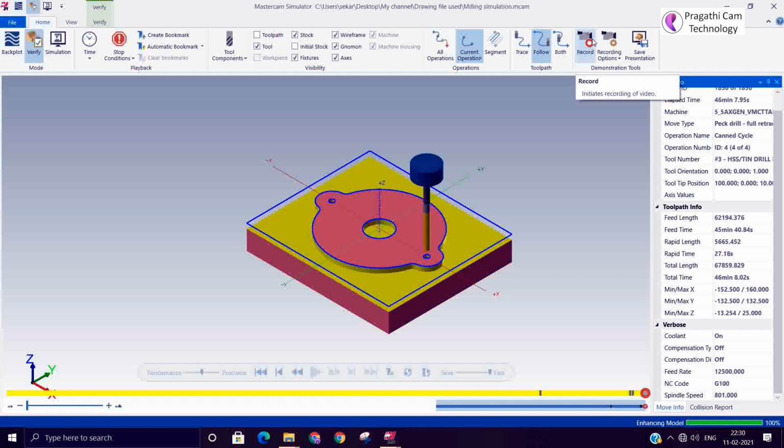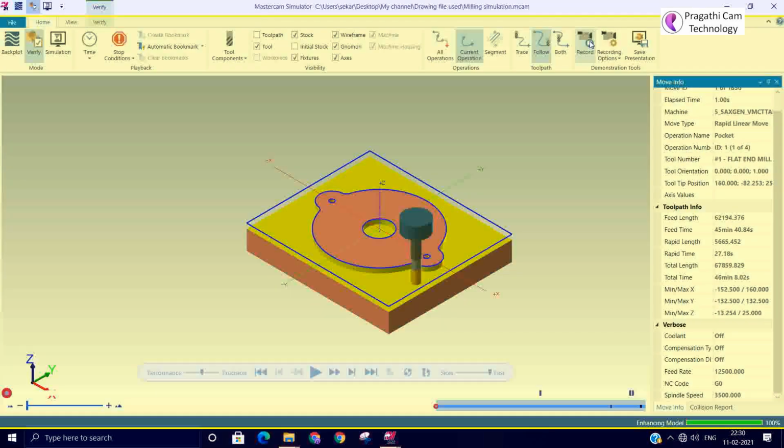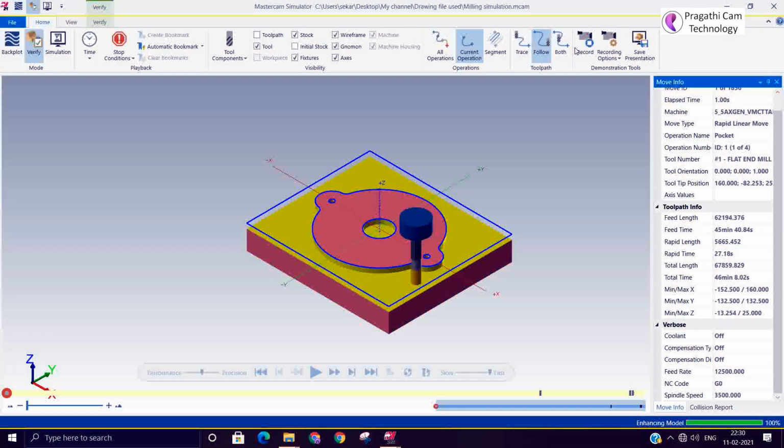There is a record option also available here. It will capture the entire screen. Whatever toolpath is running, it is going to record here, and it will save it as an MP4 format.